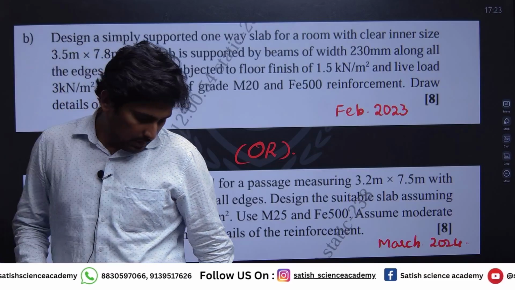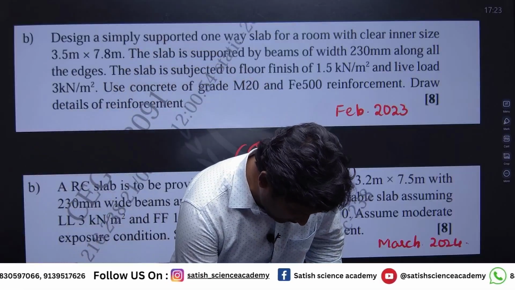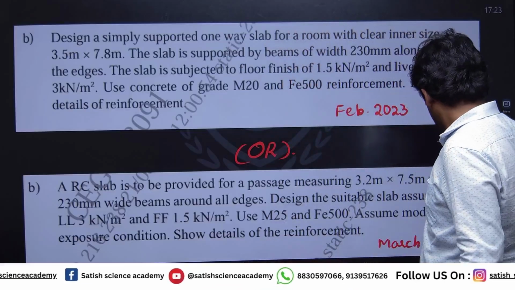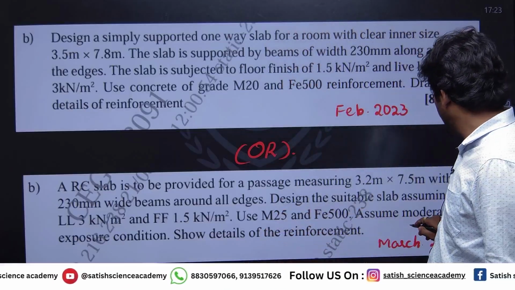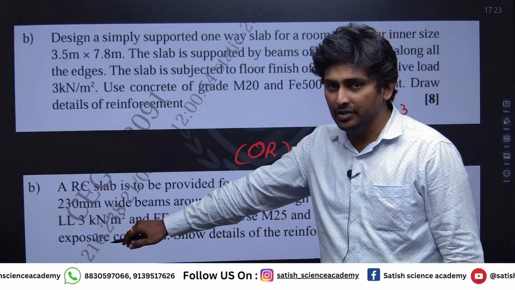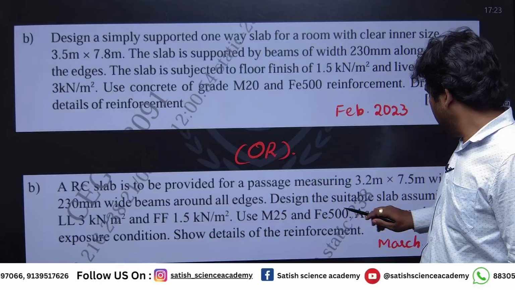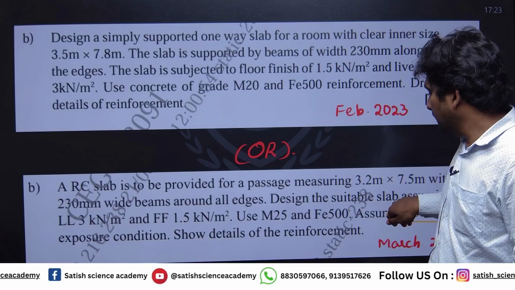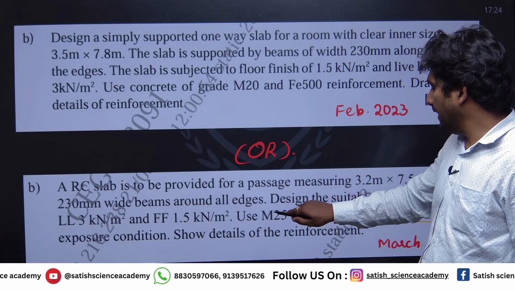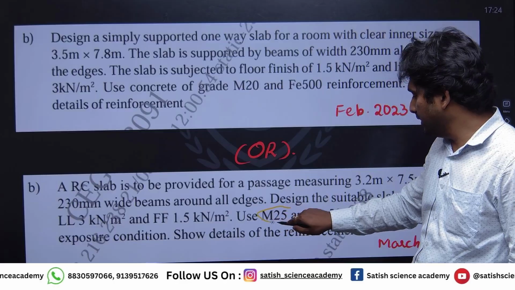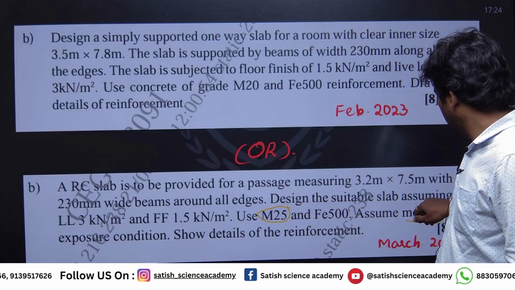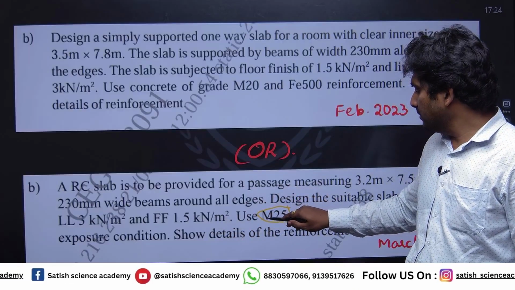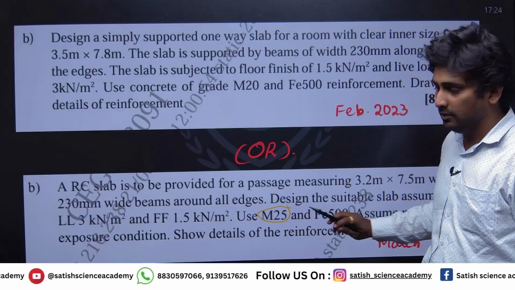Okay. So now, see, one way slab design में, moderate exposure condition दिया है, मतलब इससे कंफ्यूजन क्रिएट करने के लिए कि क्या करना है। So when such kind of conditions are given, when M25 grade is not given, so we will be taking for moderate exposure condition minimum grade of concrete will be M25. Remember,